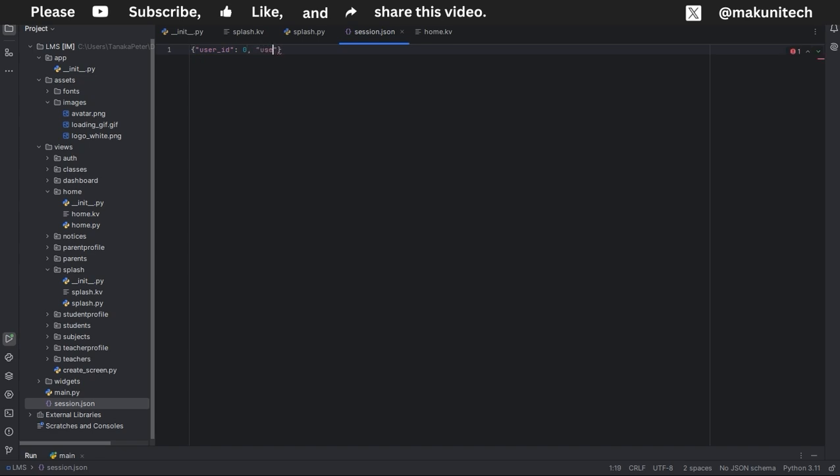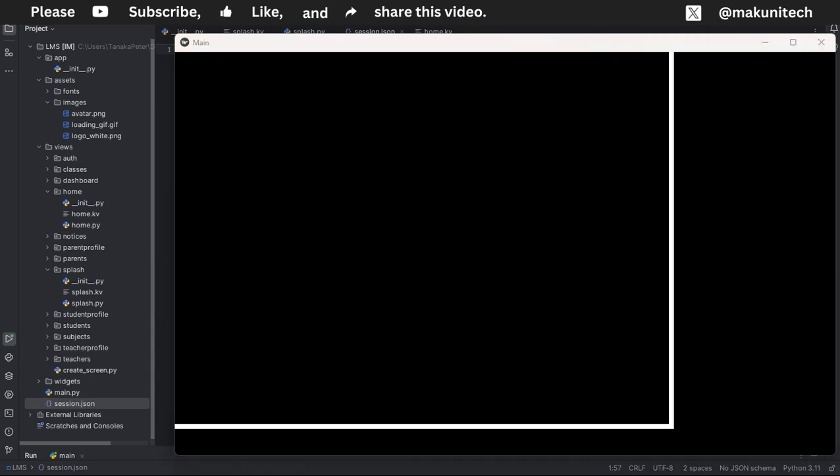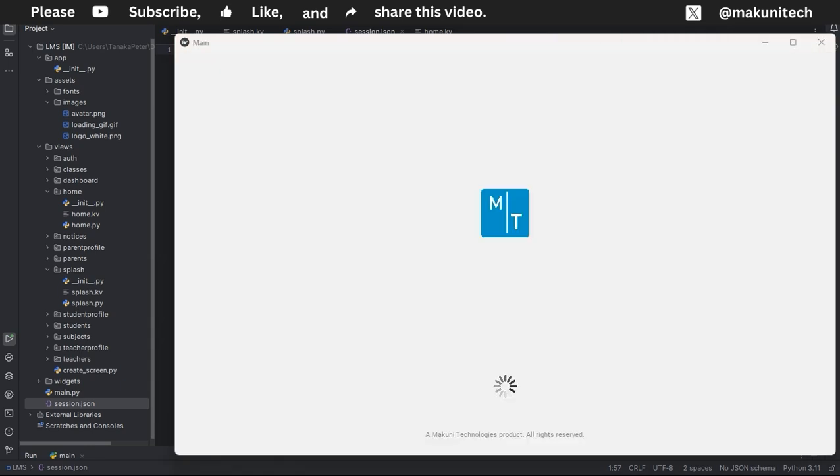Then comma, username. So at first let's put Tanaka here, comma. Now we need to put user type, user_type, admin, like this. Okay, so now let's rerun this and see if we don't get any errors. Okay, okay,